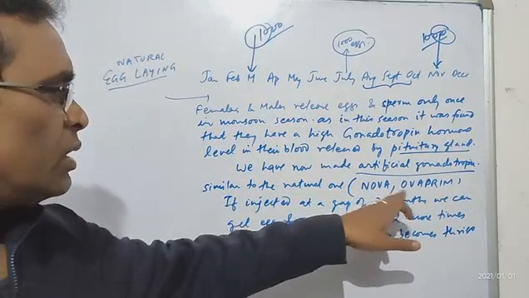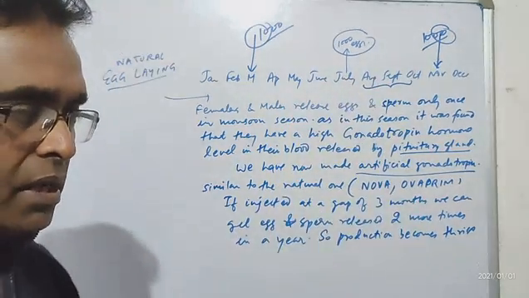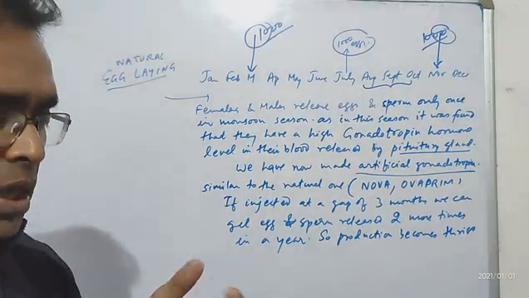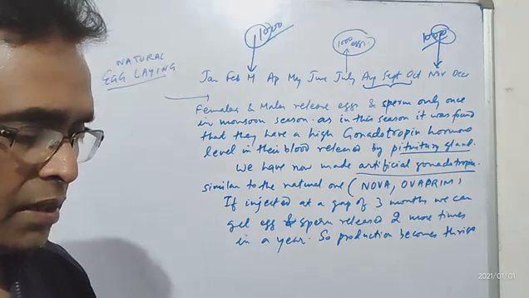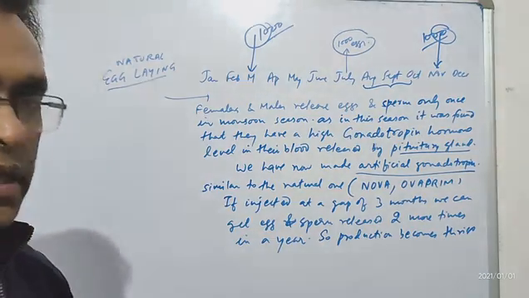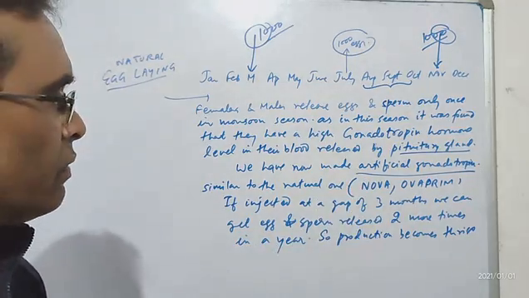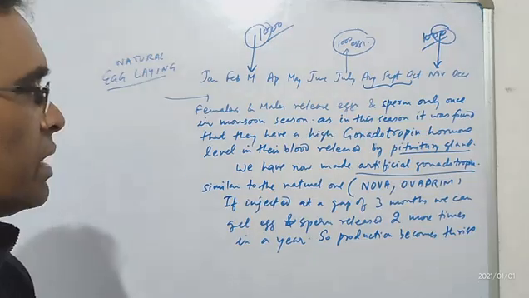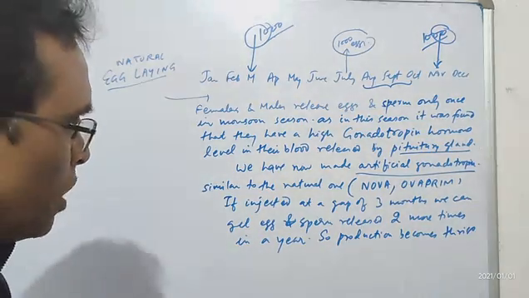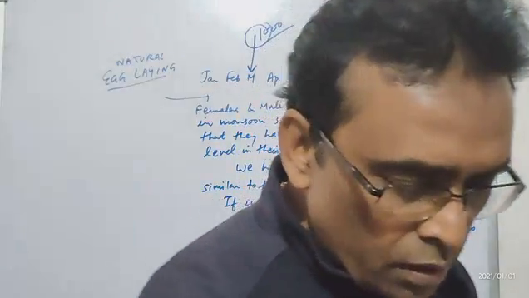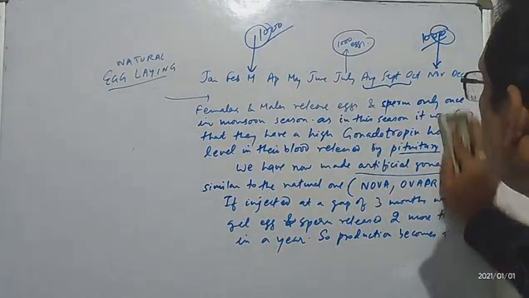In the beginning, what they used to do, they used to take an adult, cut open the brain, take out the pituitary, and pituitary was crushed in saline water, and then it was filtered, and that was injected. But nowadays we have got this artificial process of injecting the gonadotropin in the females. Is that clear? This is one method. Another method of increasing the production is, God says something here.